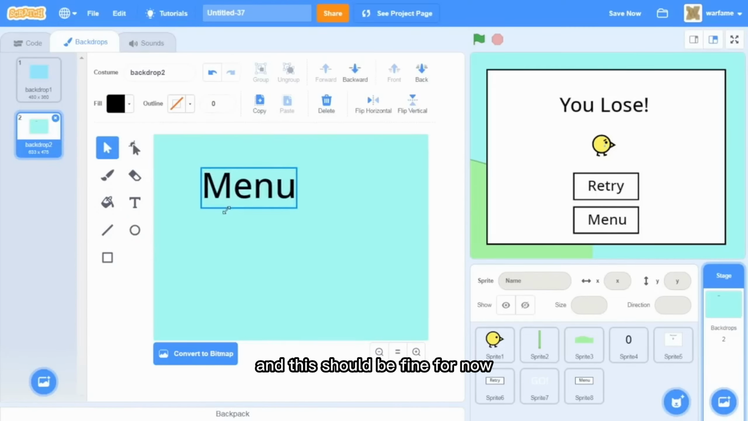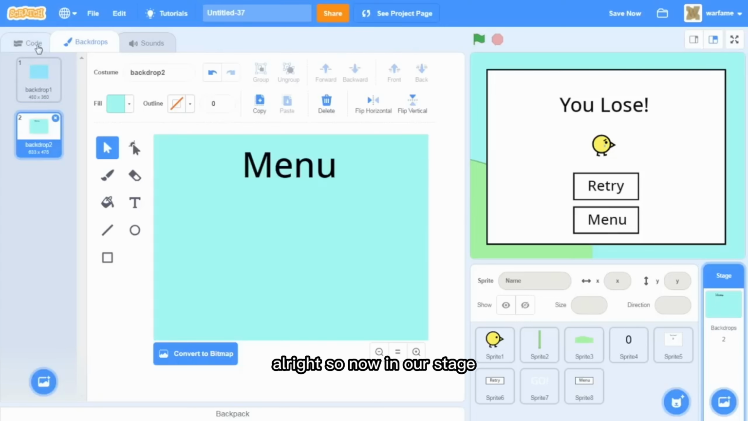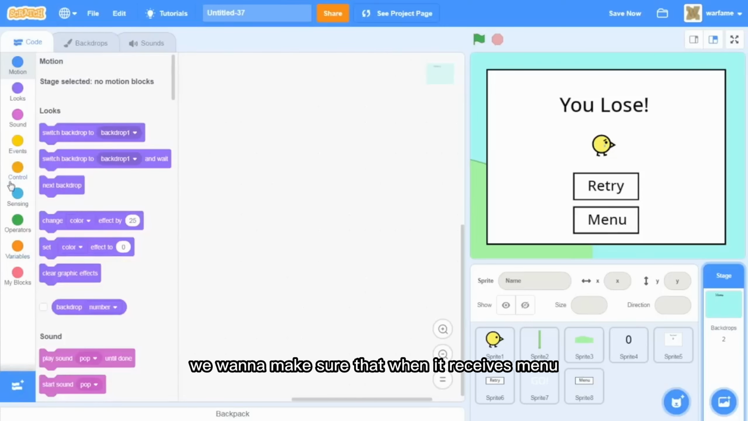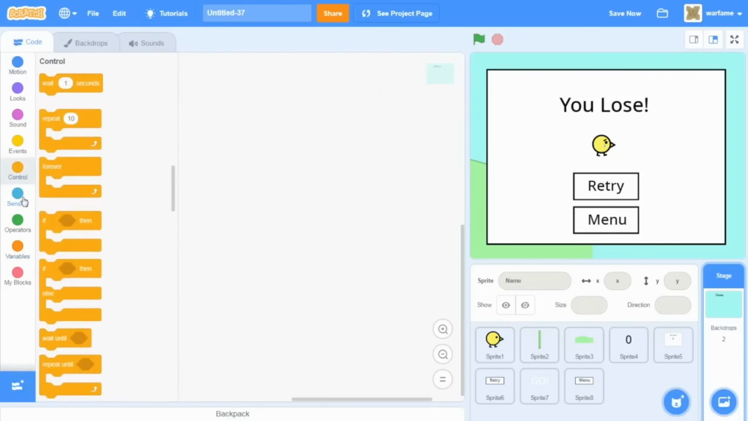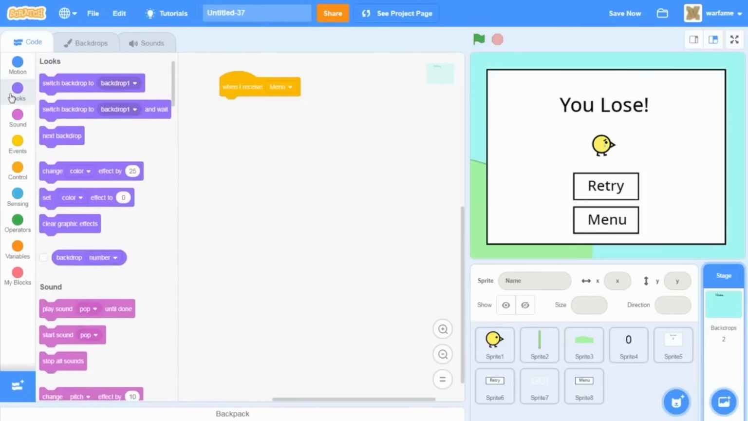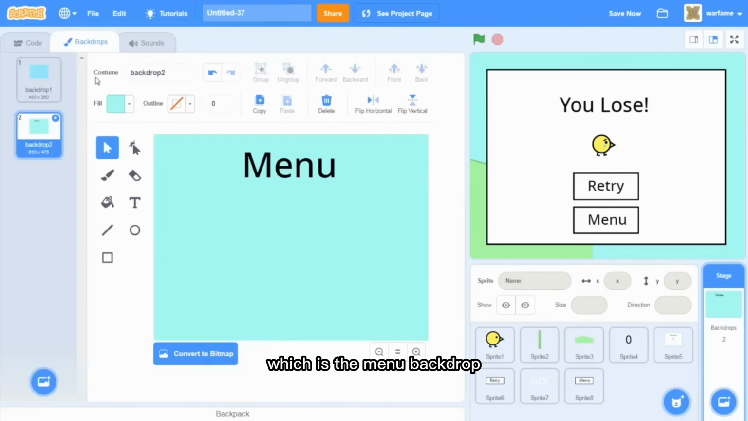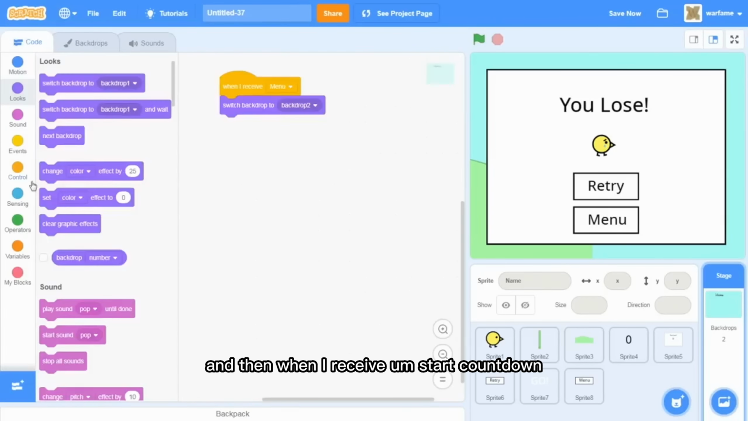And this should be fine for now. Alright, so now in our stage, we want to make sure that when it receives menu, so in events, when I receive menu, then we want to switch backdrop to backdrop 2, which is the menu backdrop, and then when I receive